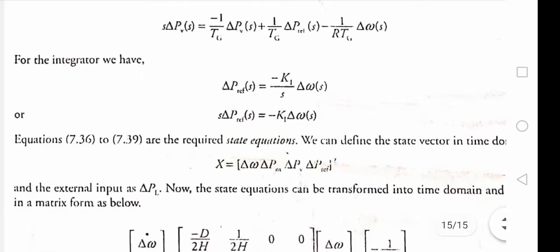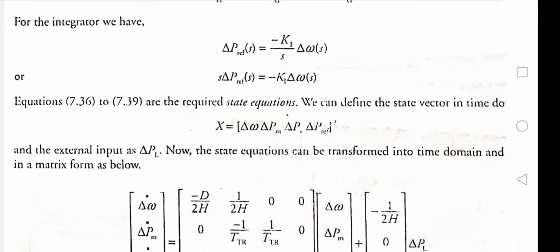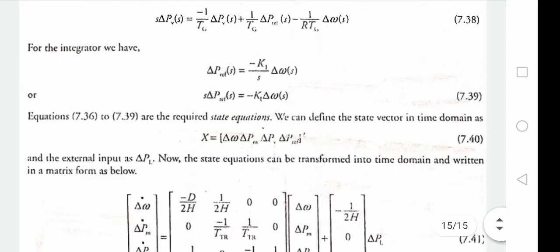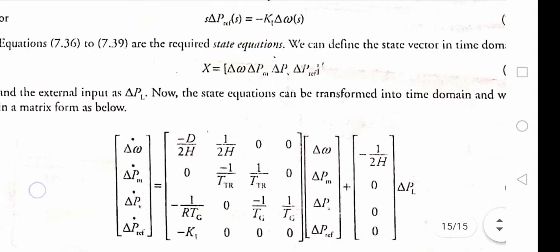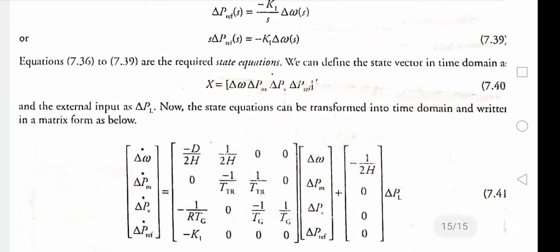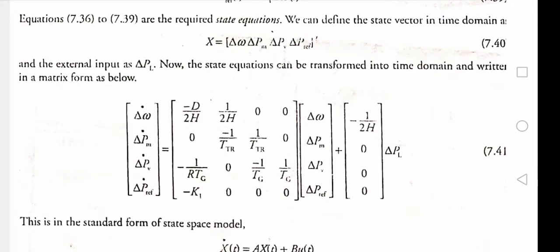So all the block diagrams, whatever we have taken as components, all the equations are here. Next, what we need to do, we need to define a state vector in a time domain. So the state vector in a time domain, we can define it as x is equal to delta omega, delta Pm, delta Pv and delta P reference. All the 4 parameters you have to take. And after that, the external input, delta PL, we have to take,